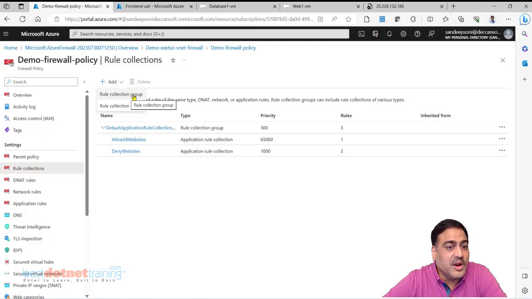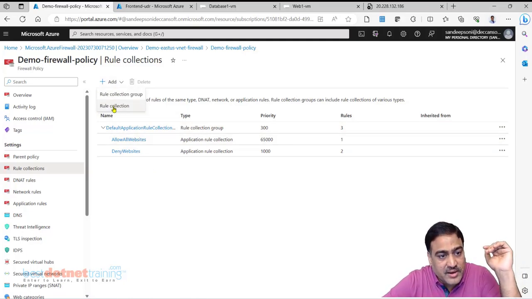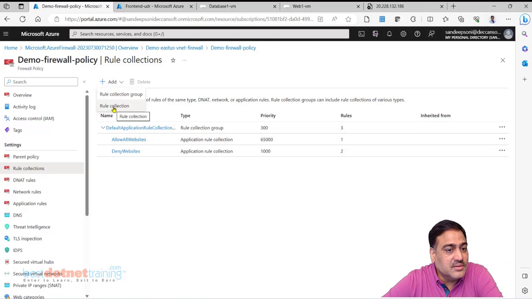So always it will try to first take high priority collection group and see if there is a rule collection with rules matching. If it is not there, then it will take to the next rule collection group and so on. The priority works first at the collection group level and then inside the collection group for collection.